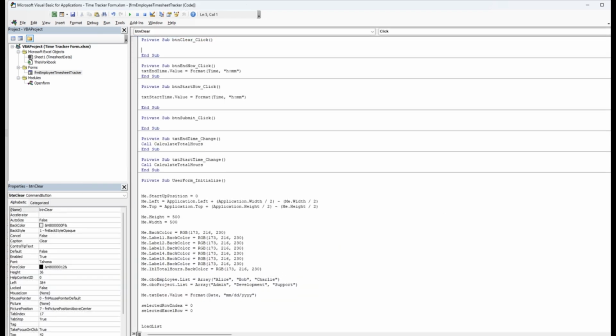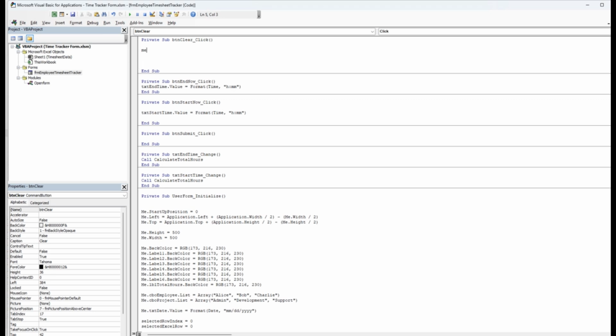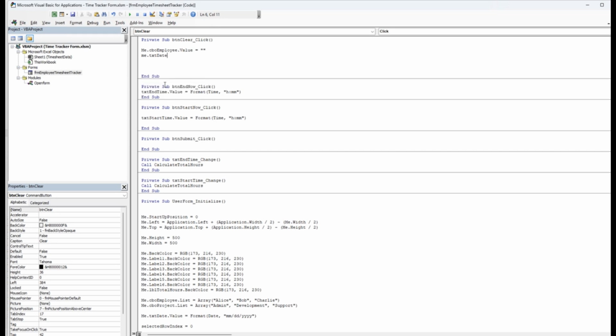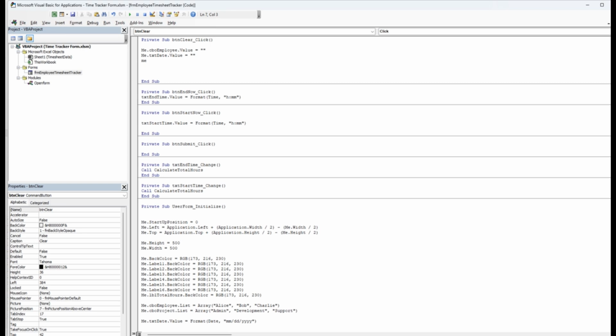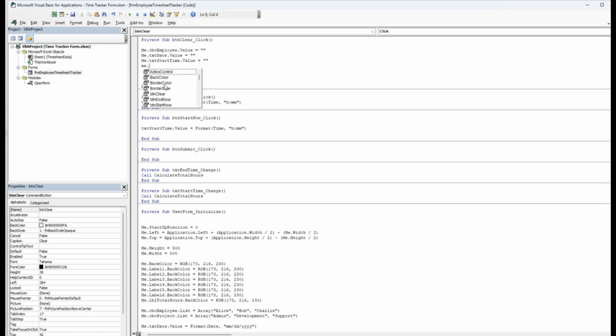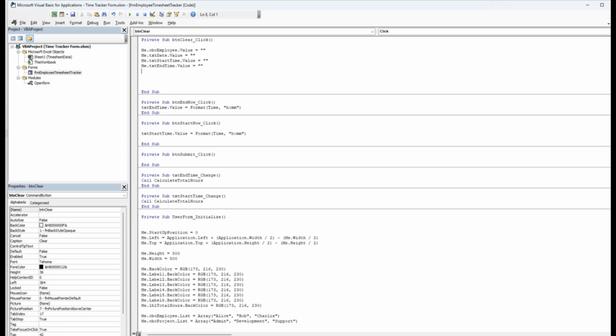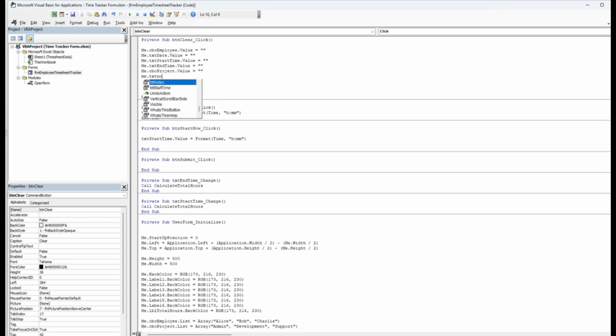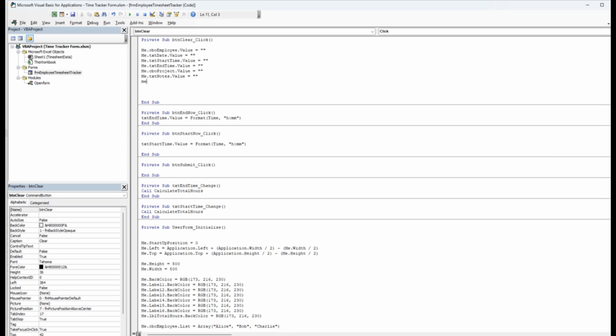Double click here. Then we're gonna do a me.cpo employee dot value equal blank, me.txt date dot value equal blank, me.txt start time dot value equal blank, me.txt end date time dot value equal blank, me.cpo project dot value equal blank, me.txt notes dot value equal blank, and me